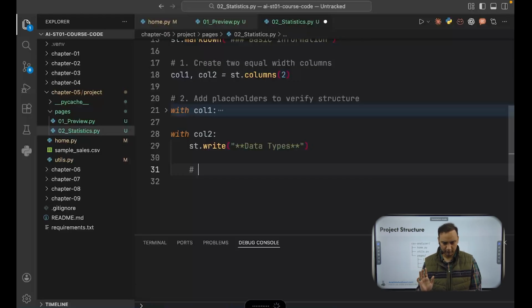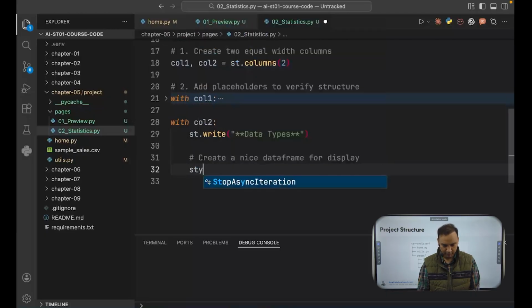Yes, create a nice data frame for display. No space. So dtypes_display is equal to pd.DataFrame,